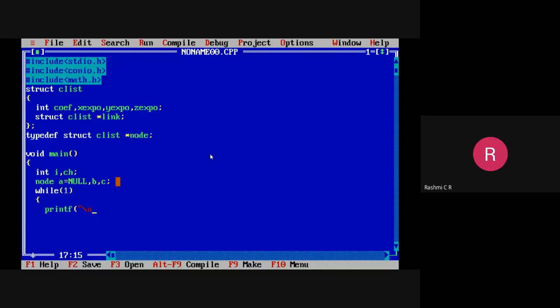Okay, so first operation we will consider represent first polynomial. Okay, so second operation is represent second polynomial.